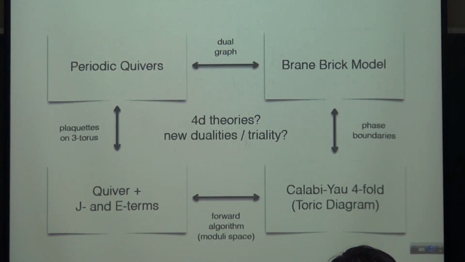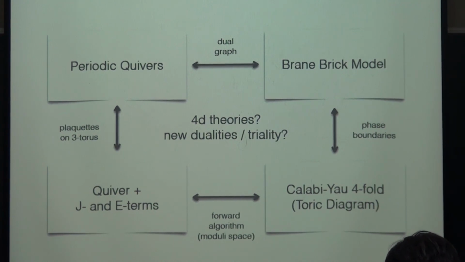Any further questions? Do 0,2 theories more frequently have gravitational anomalies, or do they always cancel? Yeah, we need to study that. But at the moment,